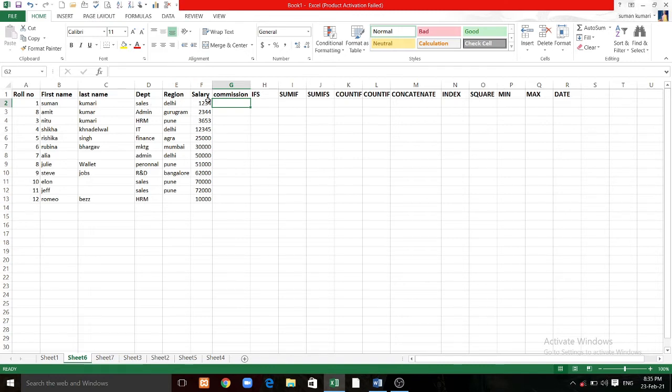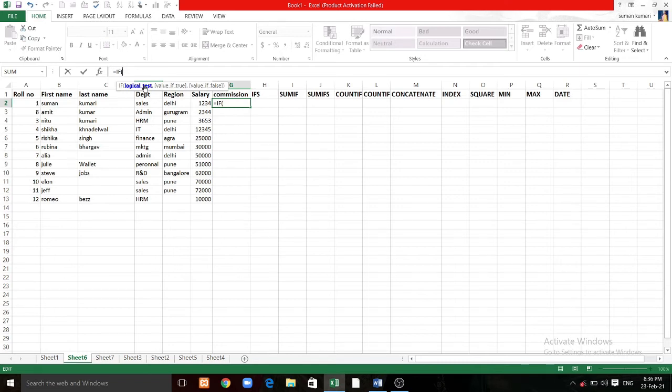So to identify whom I have to give commission for each of the employees, I have to use the IF function by putting the formula equals to IF. As soon as I open the bracket, the syntax says that the first input that is required is logical test, meaning the condition.